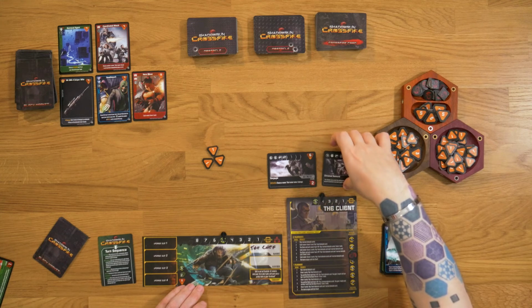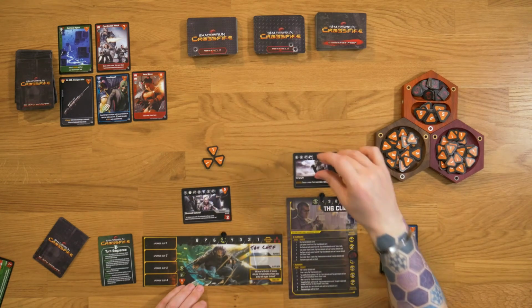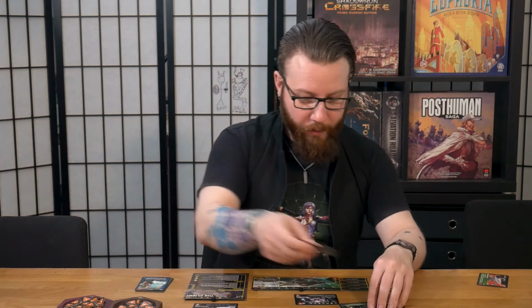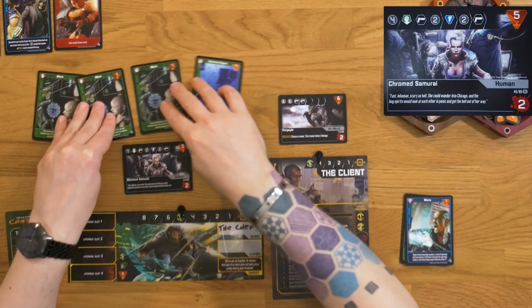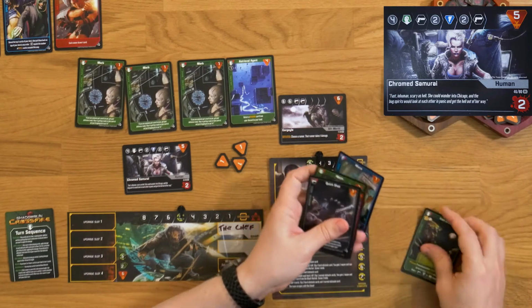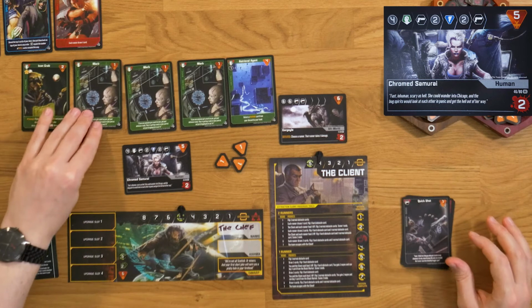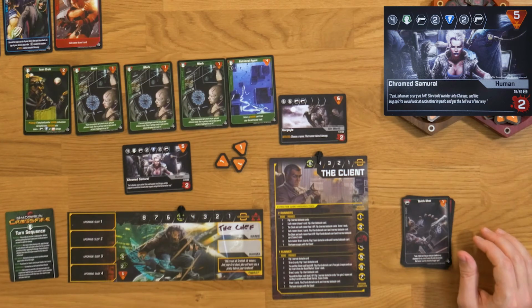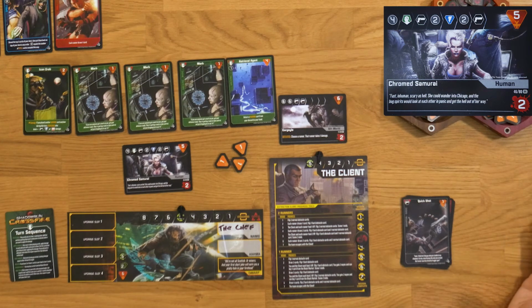I'm going to pull this chromed samurai over onto me, so we'll take 2 damage each at the end of this round. Oh boy, this has escalated very quickly, you may notice. We're about to start taking a whole mess of damage, but we do have some opportunities to fight back here. So we're going to play our 3 marks and a retrieval agent. The retrieval agent lets me go into my discards and pull out this icon grab, and we'll play that as well. So straight out of the gate, we've got 1, 2, 3, 4, 5 tech damage,